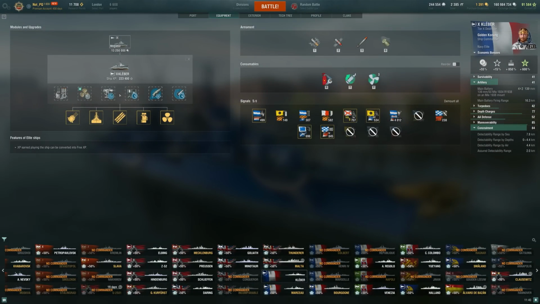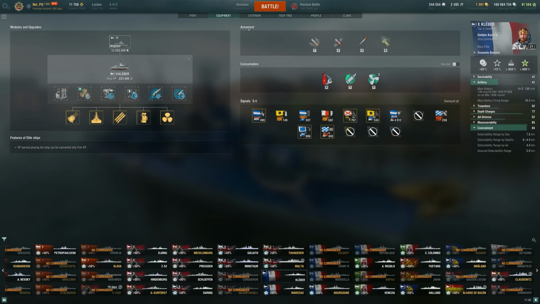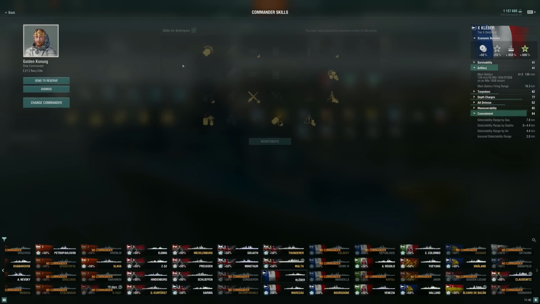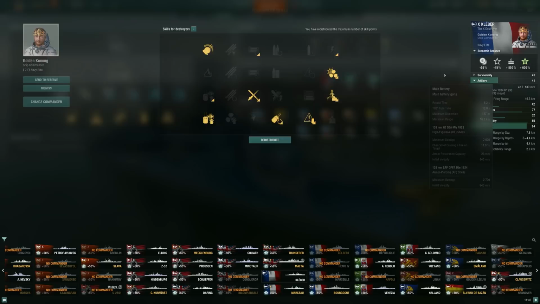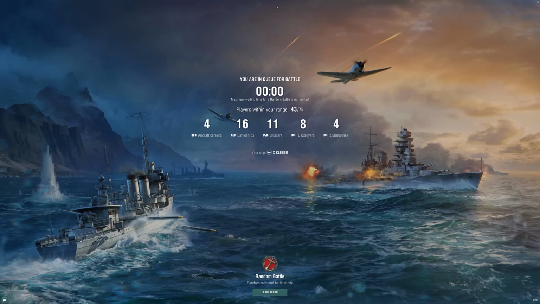Here's the build that I'm running as well. Taking extra speed boosts is very, very nice. It's really awesome. And the other thing I wanted to mention quick was this. Taking Grease the Gears instead of preventative maintenance. And that's just because the turret traverse isn't great for a DD, especially for one that's this maneuverable. That's kind of one of the downsides, I guess, compared to Marceau. Yes, you have the shell velocity, but you don't have that insane turret traverse to always have your guns on